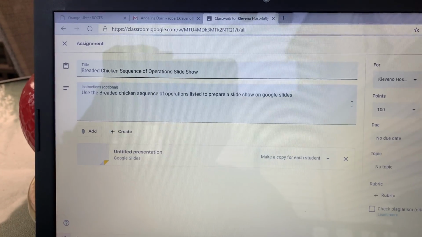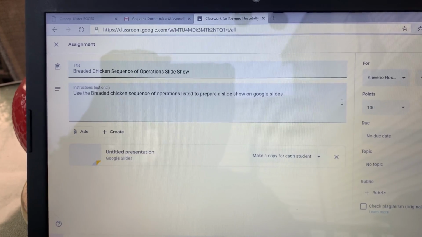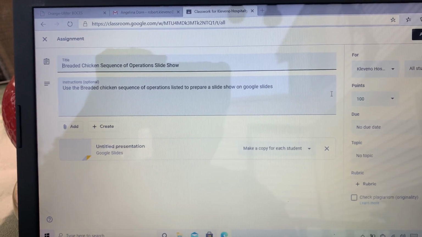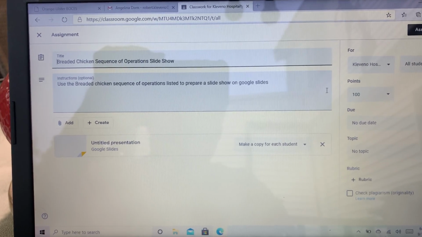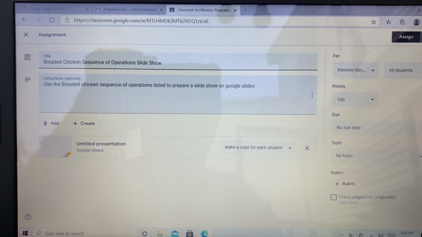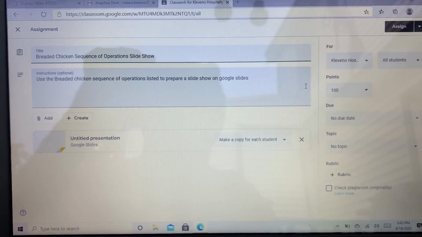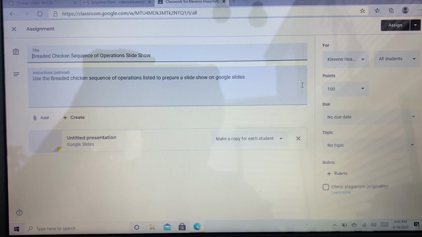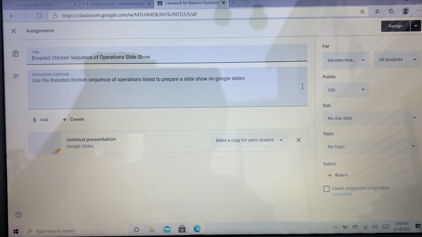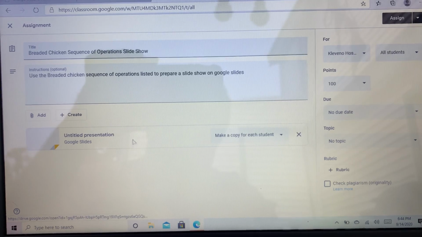So what I want to try with you guys is try to do this Google Slides. So yesterday we were working on doing the basic breading procedures. So I just thought we could do, or at least try to do this, we'll see, is do this breading procedures. So it's kind of a breading procedures, a sequence of operations slideshow. So what I want to see if you guys can do is I have it on the assignment. You're going to go into this Google Slides